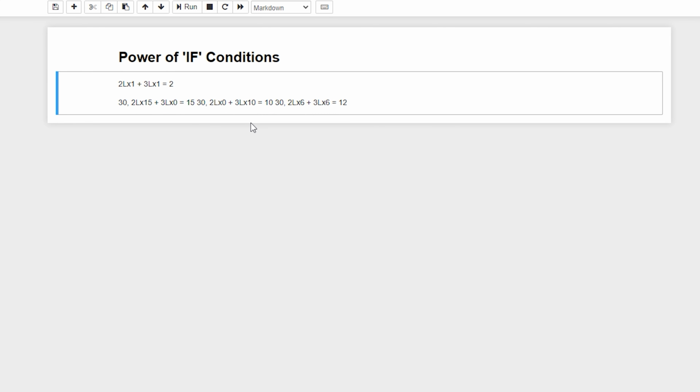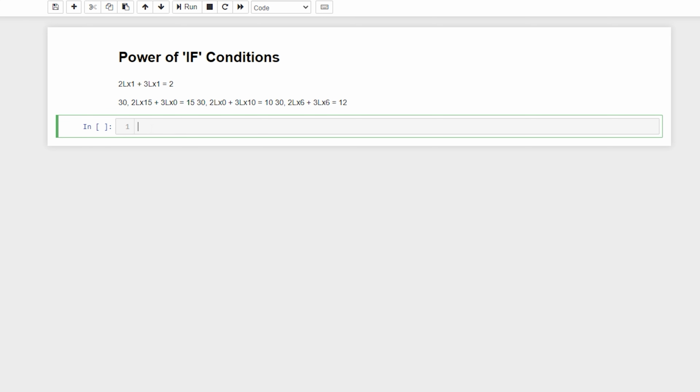Let me compose the code now. Usually, if any interviewer asks you to identify something, starting with a function is the best way to impress the interviewer. So using Python, if you are writing a function to measure using 2 liters and 3 liters, we need to take the number of liters the milk vendor is getting as input.